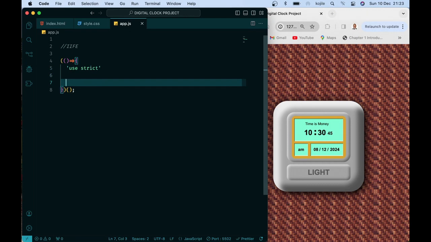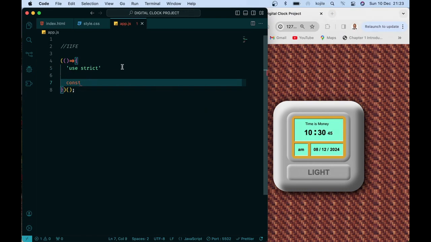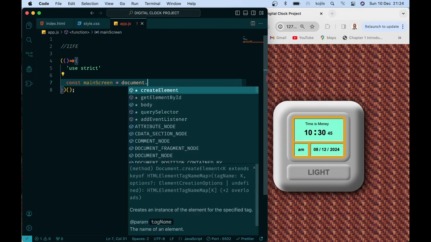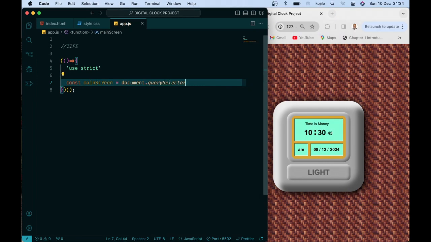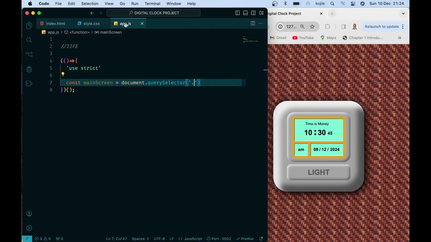Now in here let's declare those variables using the const keyword, and the first thing I need is to grab the first screen here. Now I can call it main screen using document.querySelector, and in here we're using this class, so let's copy it right away, move into our app.js file and paste it here. Then let's move to the next screen,